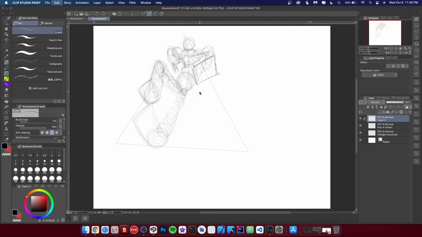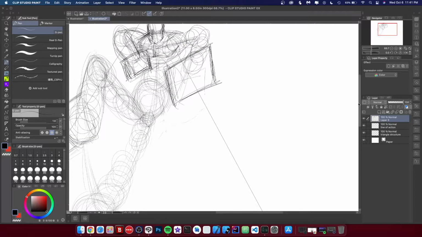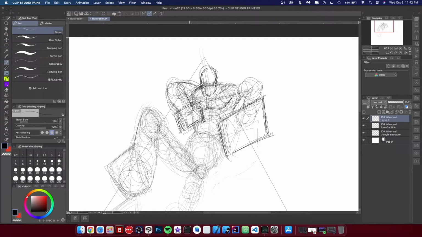And you don't have to stay inside the triangle while foreshortening the figure, because sometimes you can reposition it based on how you want it to appear. And remember, when drawing digitally, it's way easier to draw on separate layers and name your layers.